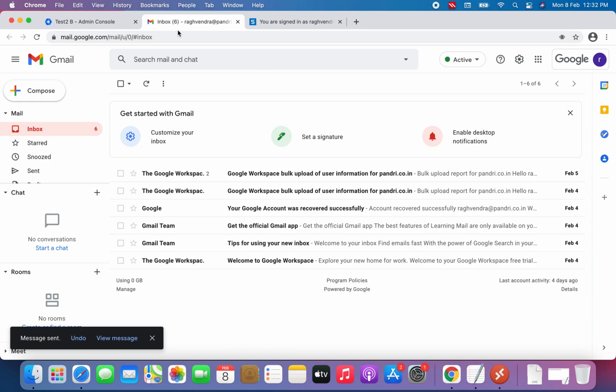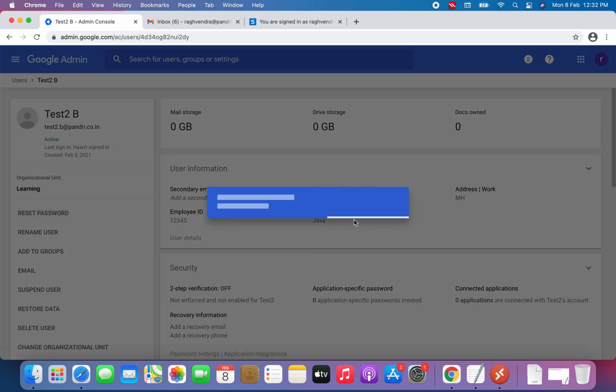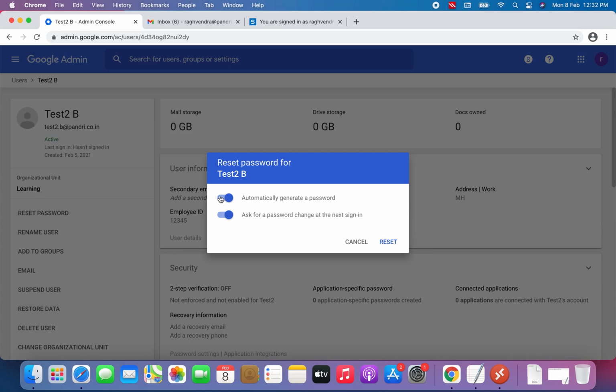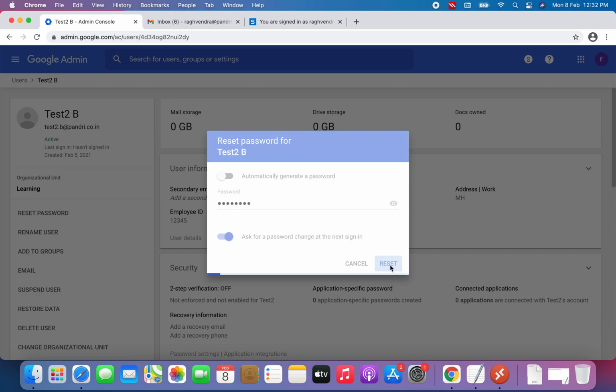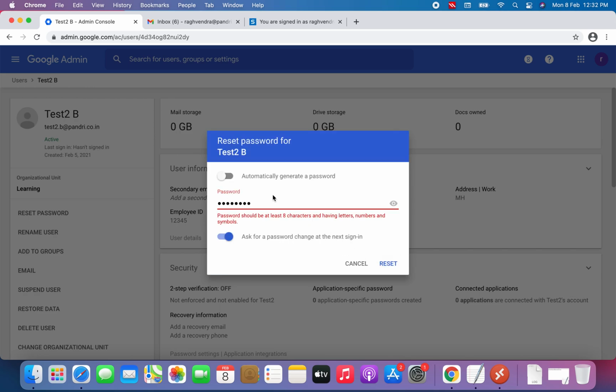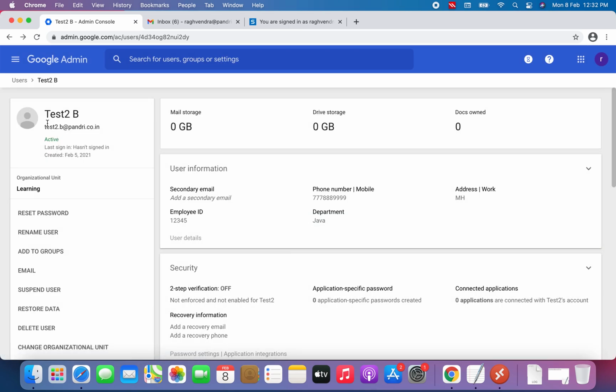Now I will log in through this test user. Before that, I'm going to reset the password because I don't remember it. I have reset the password. Something was wrong as per the policy, so I have reset this password again.